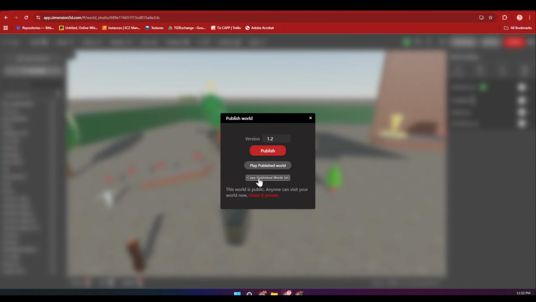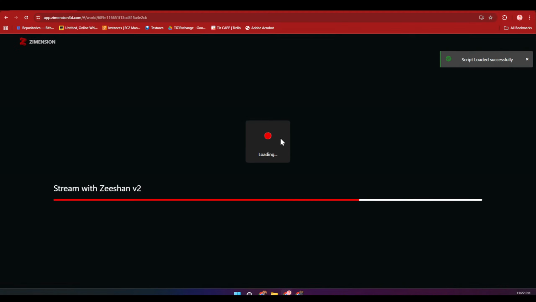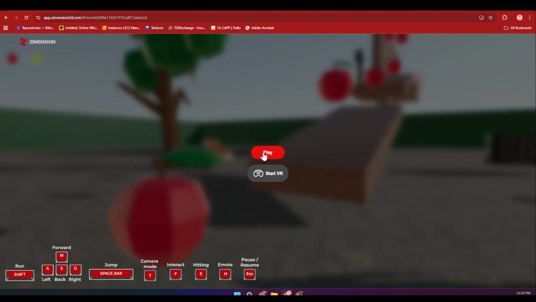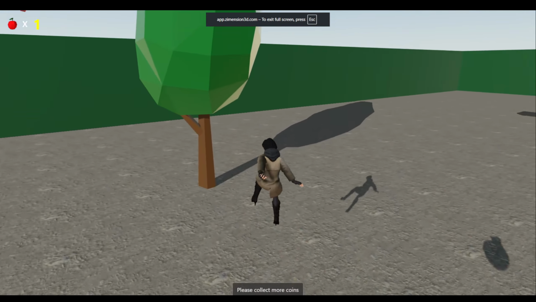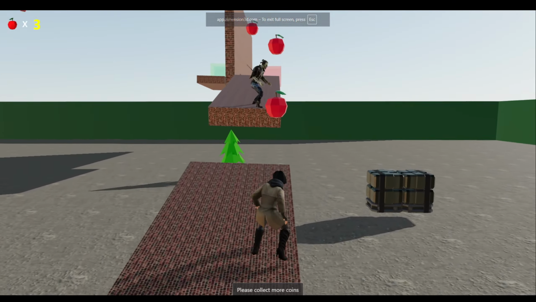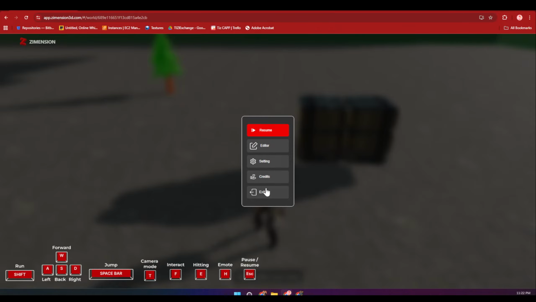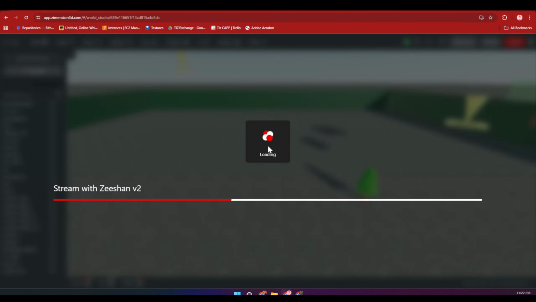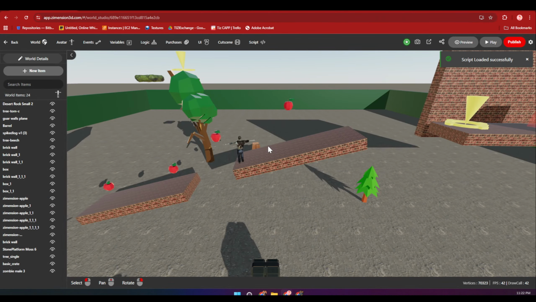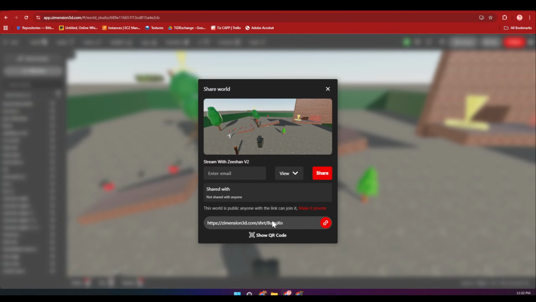So now if I copy the publish world URL or I play it, this is how it's going to be. I can actually paste the link in the group so that everyone can play and try it out. This is how you can share the world.